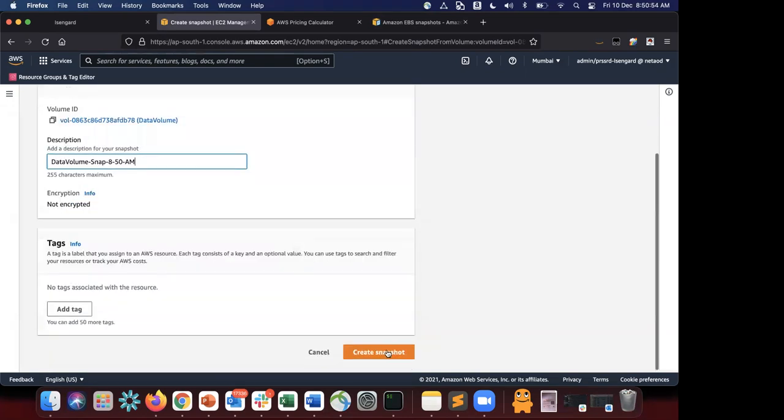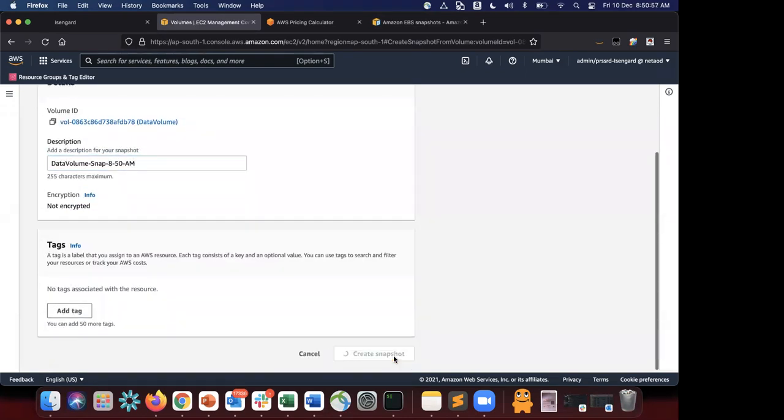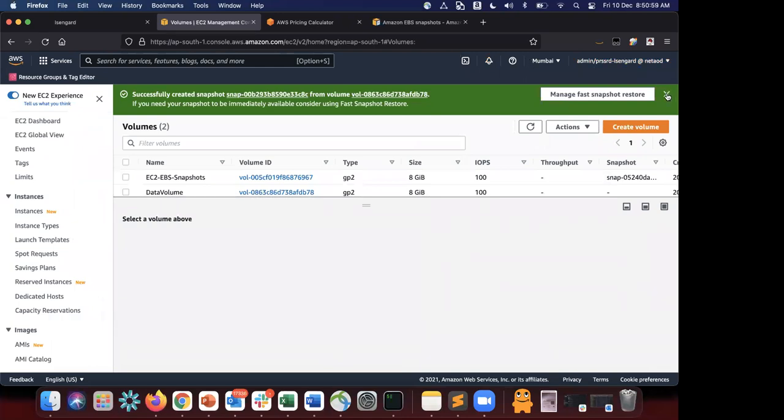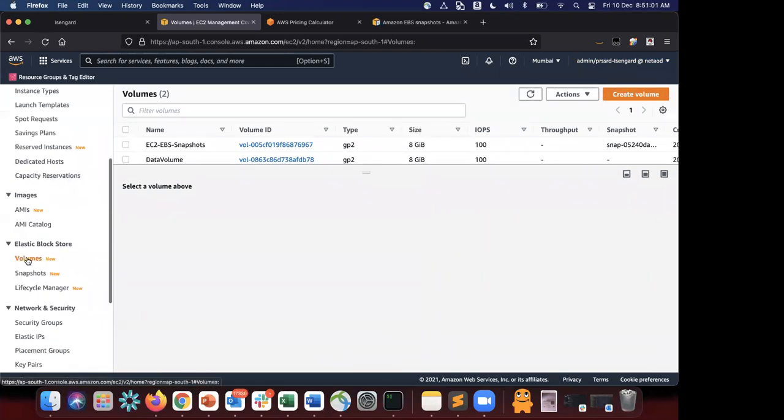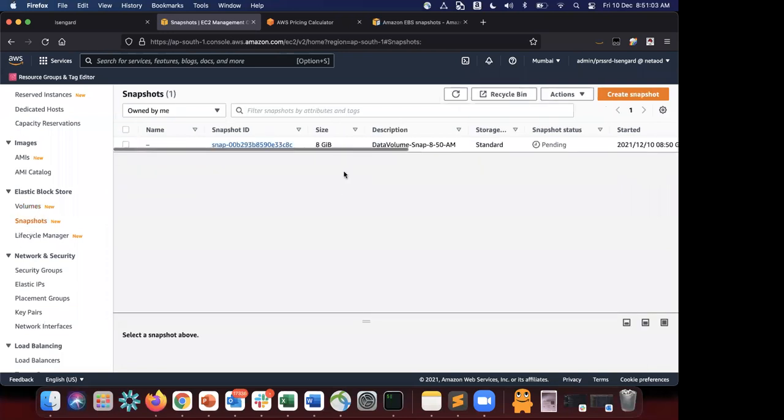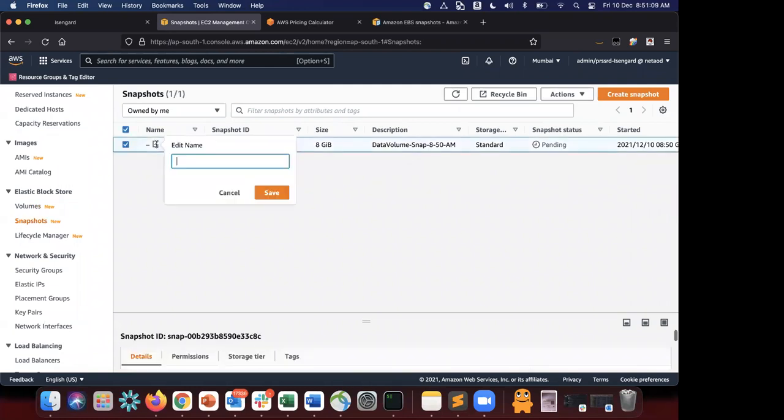Okay, let me just go down, create a snapshot. Once you do that, you will see below volumes something called snapshots. You will see that snapshot status here. Let me give a name here for this same data volume snap